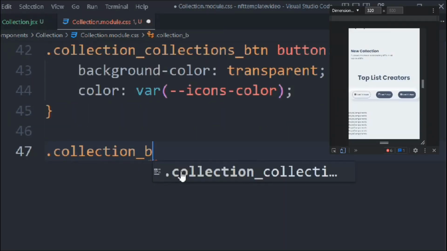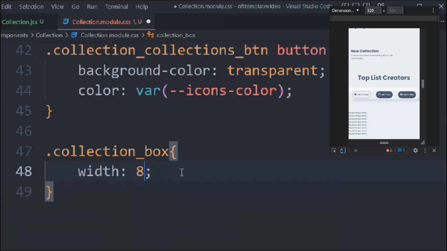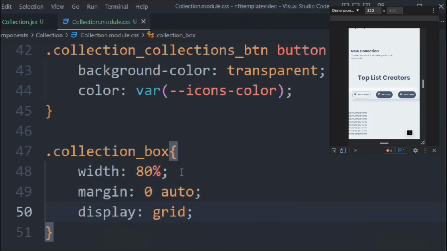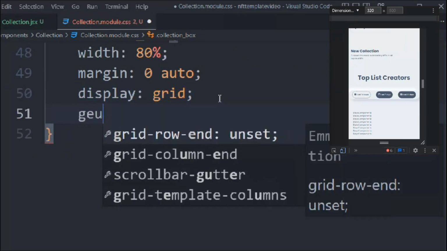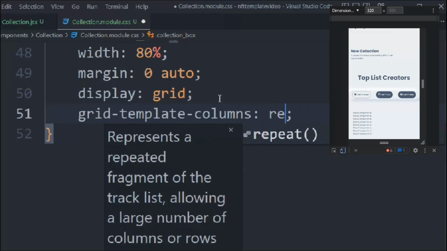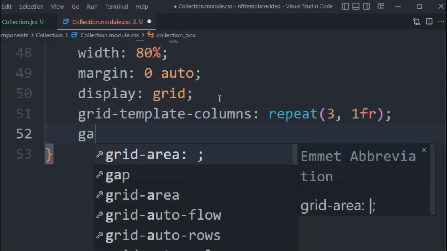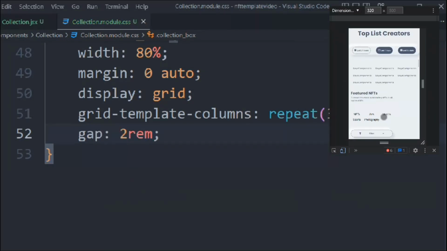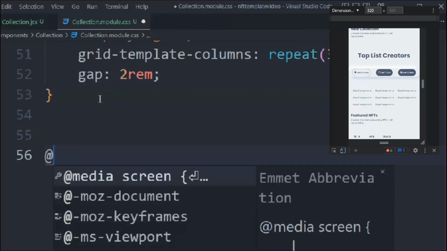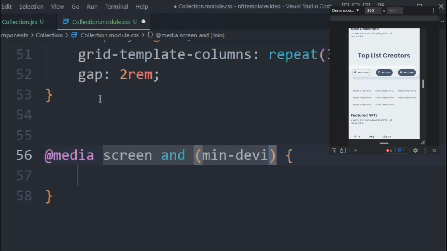We have to target the collection box itself. Width is going to be 80%, and margin 0 auto. Display grid, and grid template columns repeat 3, 1fr. Gap is going to be 2rem. Okay, it's looking perfect. We have to take this media query, and on min device width, which is 320 pixels, and